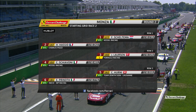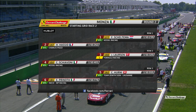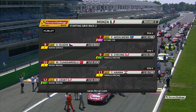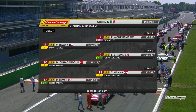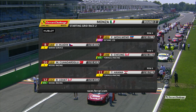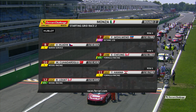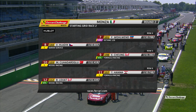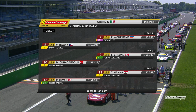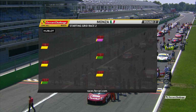and Claudio Schiavone. Good qualifying from Claudio Schiavone. Christoph Herney and Eric Prinot then round out the first 3 rows of the grid before we find Fabienne Volvend, who's the lady racer that is here from the Audi Sport TT Cup, which is what she races in as well, but a guest entry with Octane 126, and we hope we'll see more of her during the course of the year. Vladimir Haladik, Eric Chung, Murad Kuhaduruglu, Tani Hanna, and Rick Lovett then rounding out the next few rows